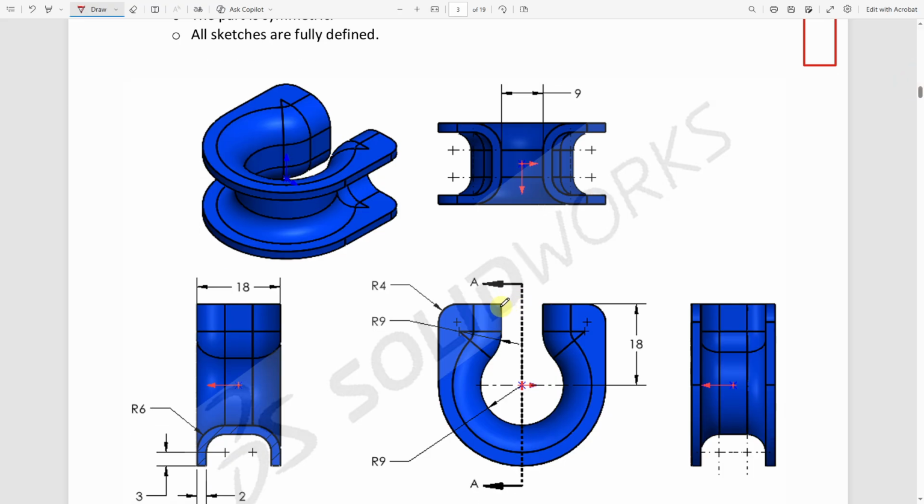So for a sweep, we need two things. We need the path that the sweep is going to go along, and for that we're going to use this inner path right here. Because we have the radius of this arc, we have the radius of this arc, it's 9 and 9. We've got another vertical dimension here of 18, and we've got the distance between these two inner lines right here, it's 9. So we'll create that path, and then we'll go over and create the profile,